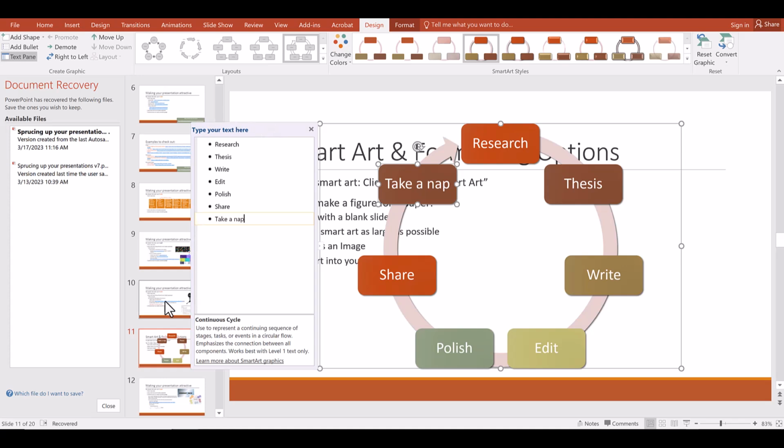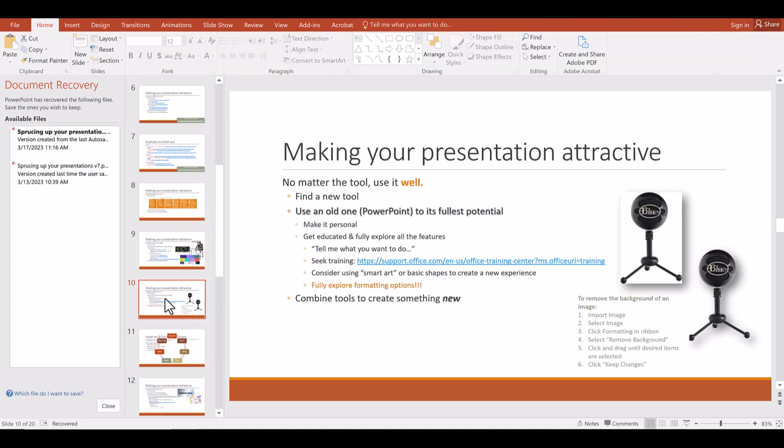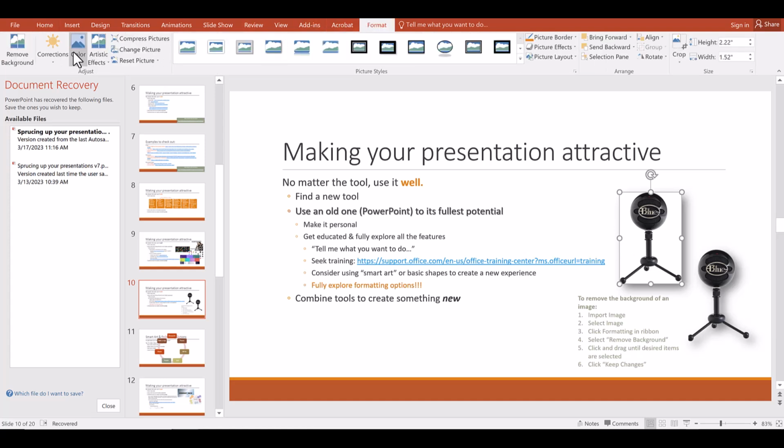There's also small things that you can do just to make your presentations look nicer. Another formatting option is removing the background of an image. A lot of times you'll pull in an image that you find on Google Images. It's got this white background, doesn't look great. You can very easily turn that into a transparent background in PowerPoint. If you click on that image, click on the Format tab up here at the top, the first button right there is remove background.